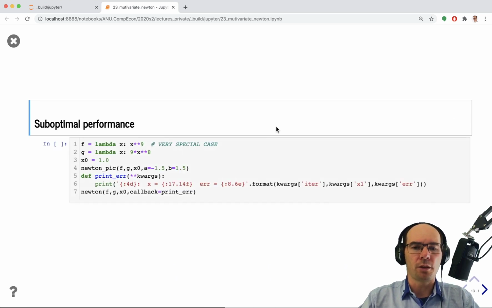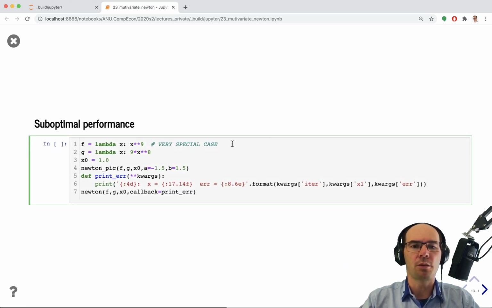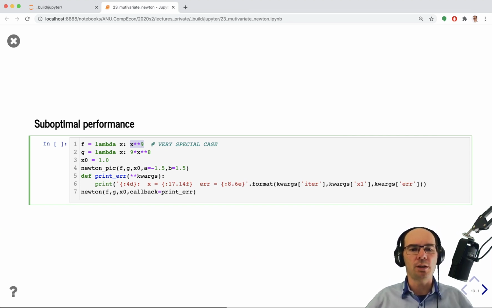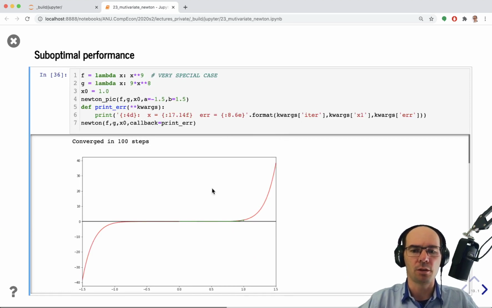Okay, now finally, there are special cases where Newton has strange performance. So look at this equation. This is x to the power of 9, and of course the power is odd, so there is a single root at 0, which is repeated. We have a nicely defined derivative, but if we try to run Newton iteration here, say starting from x naught